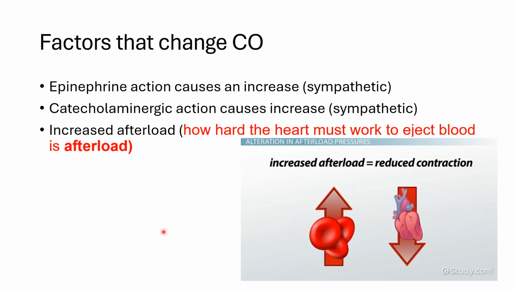Factors that can change your cardiac output are chemical. Epinephrine can cause an increase in cardiac output. Catecholaminergic action, those are also chemicals, causes an increase in cardiac output. And cardiac output is also increased